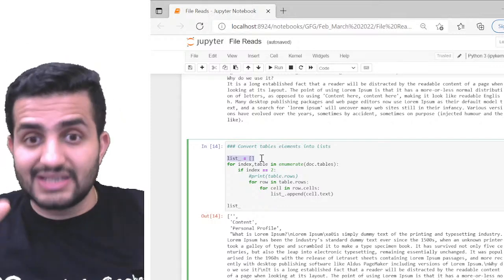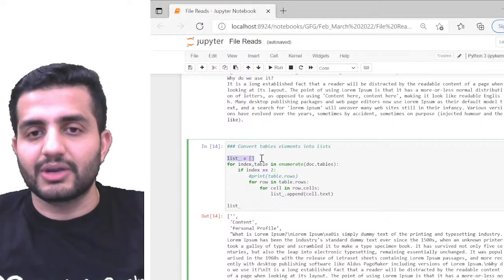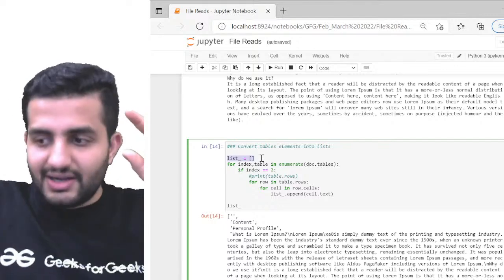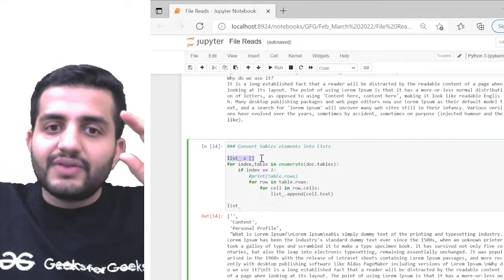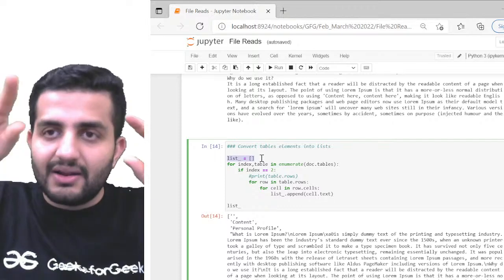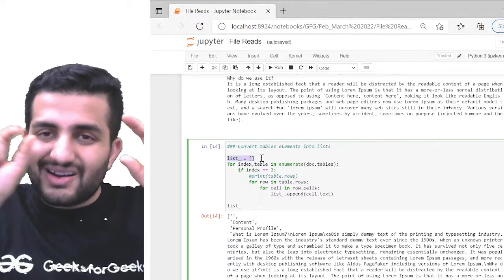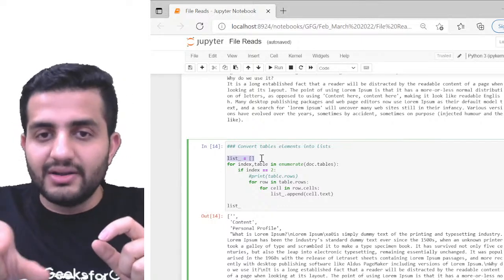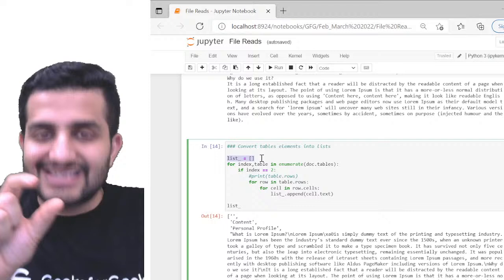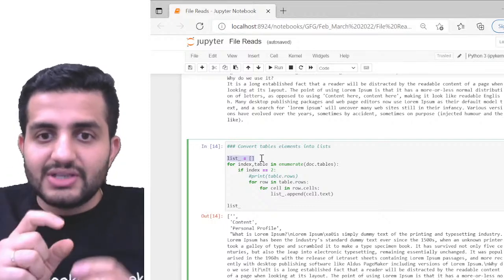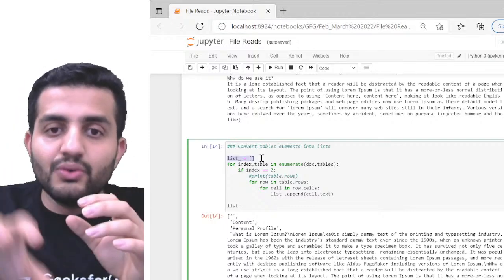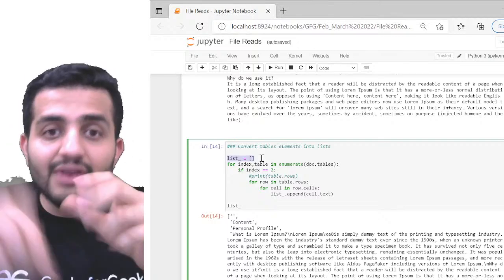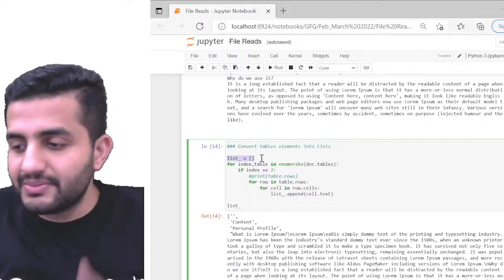Try to understand a table structure in a document. We have rows, horizontal things, and then columns, vertical things, right? The intersection of each row and column is my cell: one cell, then two cell, third cell, right? Your content, the actual value, is present inside the cell. So the objective is, if you are able to locate a cell, then you can find out the text from it, right?